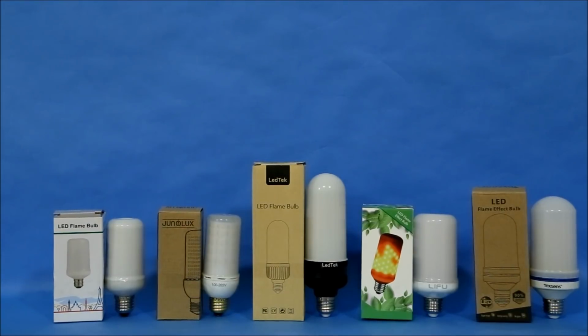Fire effect LED bulbs, such as this one, are a safe and effective way to add a flame-like element to a room decorated, say, as a medieval castle. The problem is finding the one that costs the least and has the most realistic flame effect, which is what this video is about. I went on Amazon and found 5 different brands of these bulbs, so I bought them